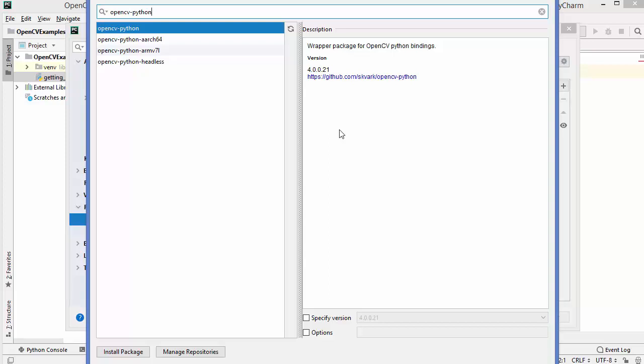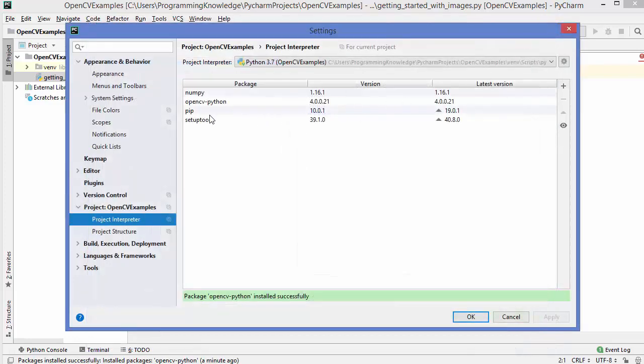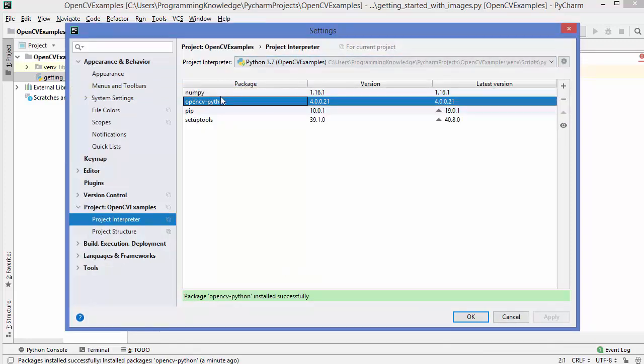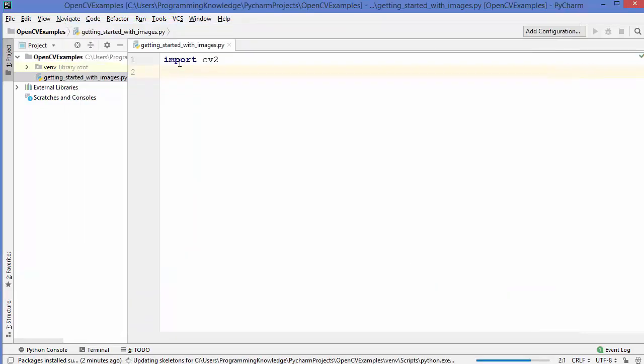So to install this package for your PyCharm IDE, you just need to click on the install package button, and then after some time you will see this message which says package opencv-python installed successfully in the green bar. That means the OpenCV package is installed successfully. So you can close this window, and now you will be able to see opencv-python is added to your packages, and also NumPy is added to your packages, which comes with your OpenCV Python package. So I'm going to just click OK, and now you will be able to import this cv2 package in your